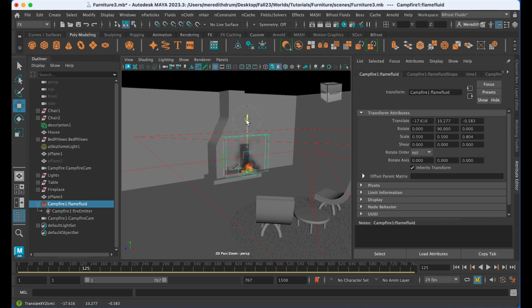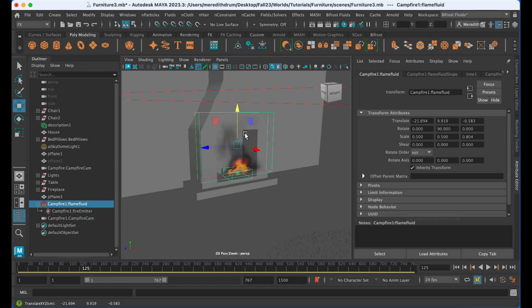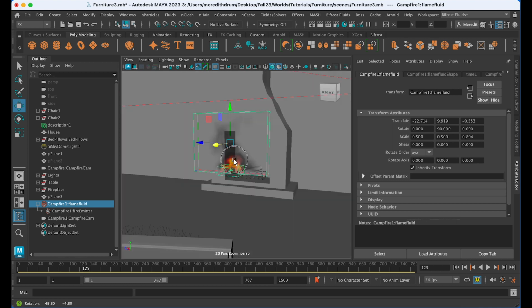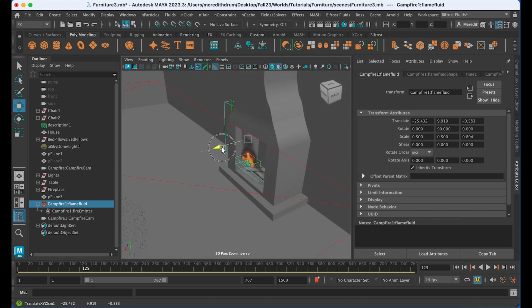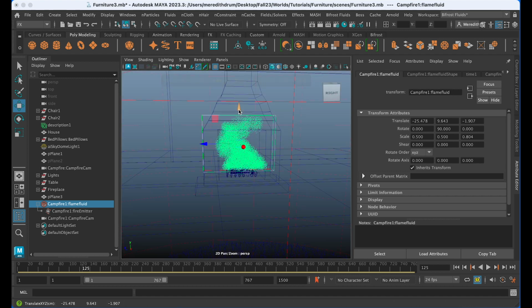And you can kind of play around with the scaling. I'm going to try to put mine here inside of the fireplace. You may have to look at it from some different angles to get it to look there. You can press 4 too on your keyboard, and then you'll be able to see some of the scale even more. Maybe it needs to be a little smaller. A little smaller. Okay, I'm going to go back to 0 frame or 1 frame.